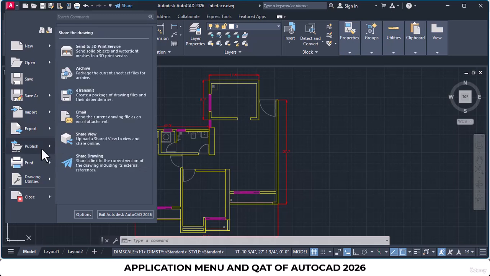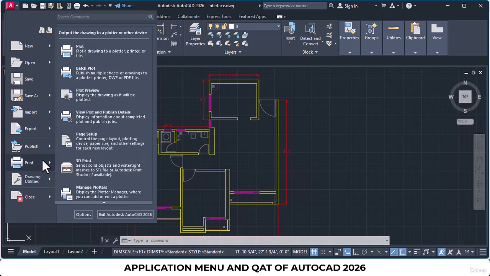Then you get the option to publish the existing drawing and send it to a 3D print service wherein whatever is your image which you have drawn can be printed in a 3D format, or you can archive the current file, or you can e-transmit the drawing, or you can email the current drawing, or you can share different views of your drawing online, or you can share your entire drawing online.